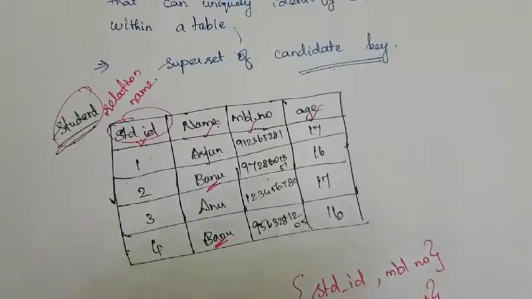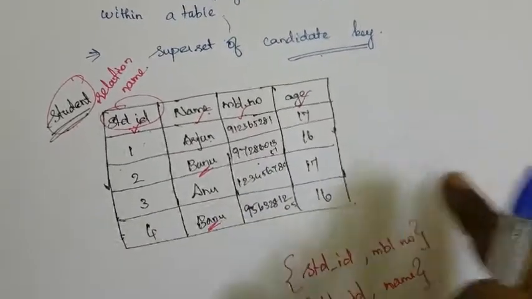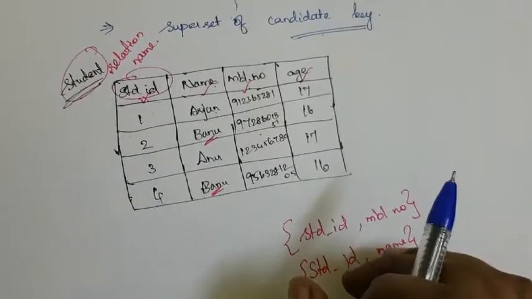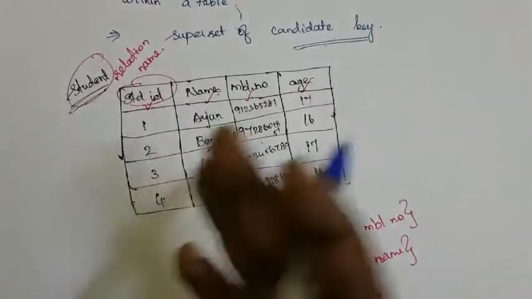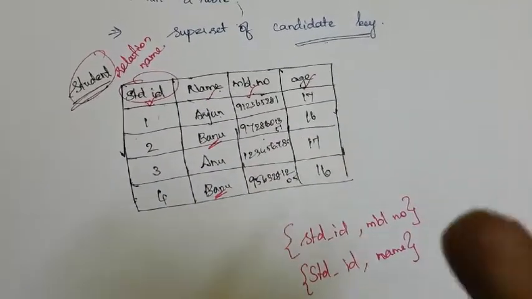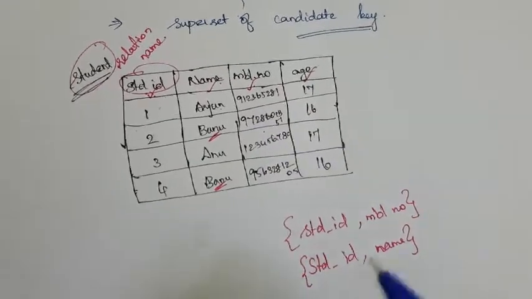If you have seen the same example which we have discussed in super key, let's see that. This is the table which we have discussed in the super key, right? So the same example we are going to use for this candidate key also. Look at this table. Here we have said all the attributes are called a super key, because with the combination of any 2 or 3 we can get the data uniquely.